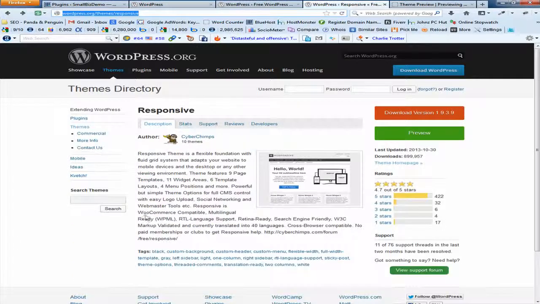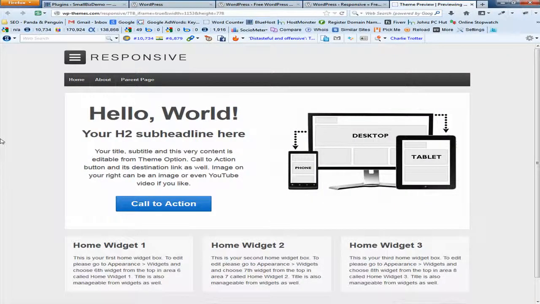When we do that, it's going to bring us to the free download known as Responsive. Responsive is a free business theme from an organization known as cyberchimps.com. One of the things we can do is click to preview this theme. We'll click the preview button, and it will take us to what the theme will look like. It's a very simple theme which has 3 home widgets at the bottom, a text area and a call to action button on the left, an image on the right, and a menu at the top,